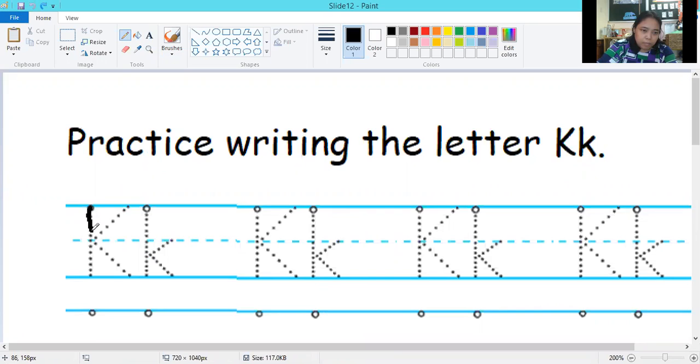Okay, standing line, make sure you follow the dots, and the slant line and another slant line here. Okay, again, standing line and a slant line and a slant line. Very good.